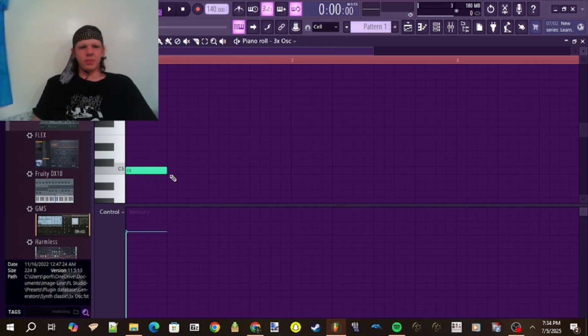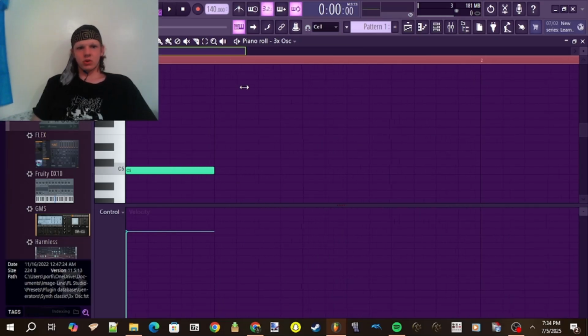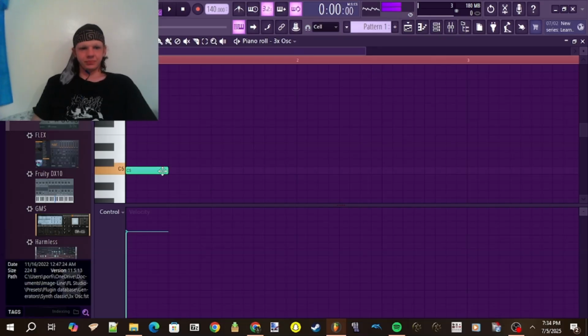So let's say I want to make like a techno beat. This is 1/4 of the measure. As you can see, it says 1, 2, 3. It's kind of like the measures. Then you can use this to scroll out. Pretty cool. So let's just start with a basic beat. So this, as you can see, these are 16th notes if you are doing the normal cell one. So I'll just do